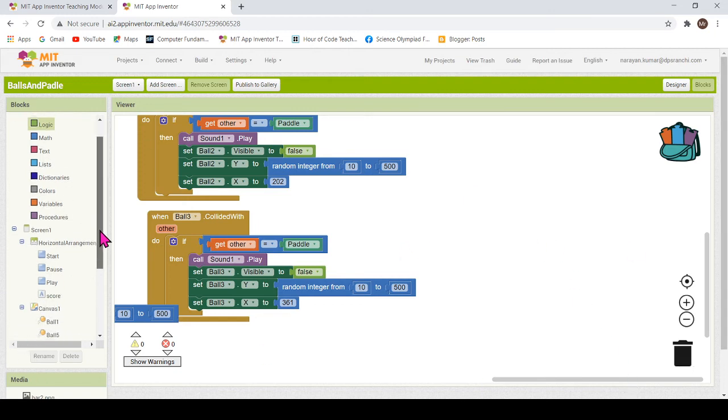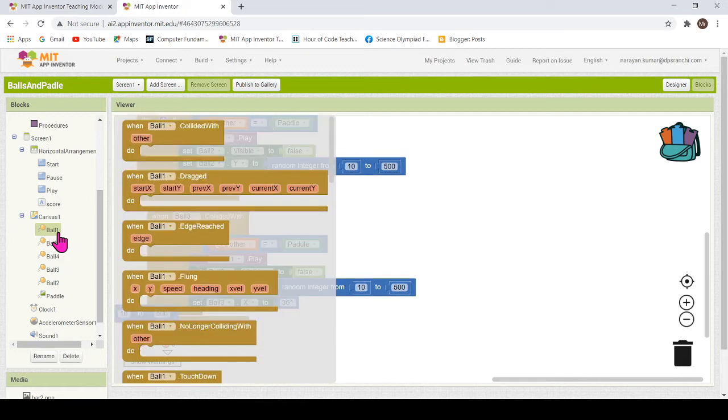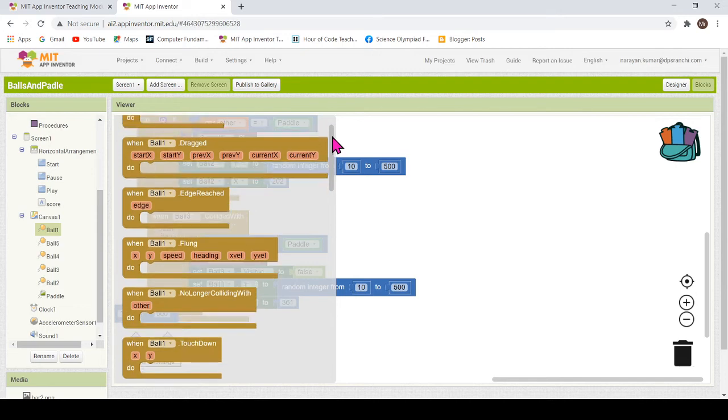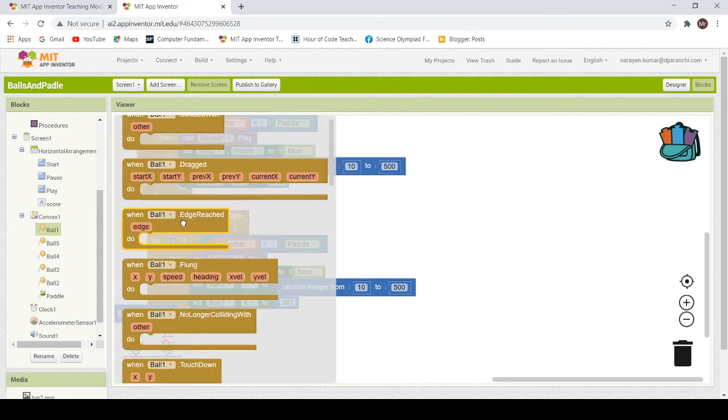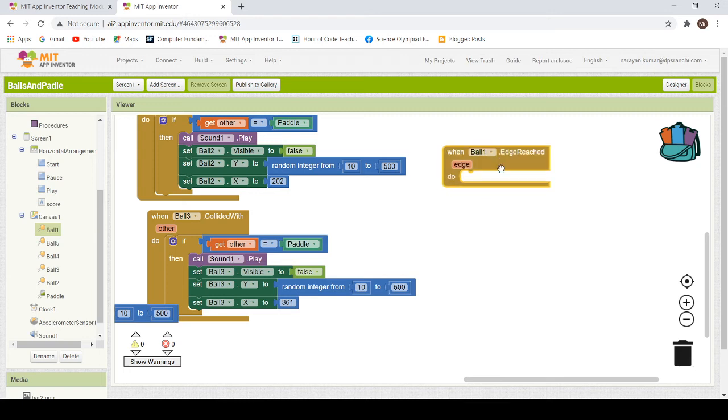Likewise, we will go to ball 1, and we will create another event. I will say another event, and that is when ball 1 has reached the edge. I think we are talking about the bottom edge, right? So whenever your ball reaches the bottom edge, you want that ball to vanish, and it should go to the top again from where it started.